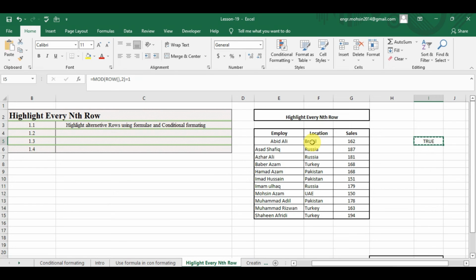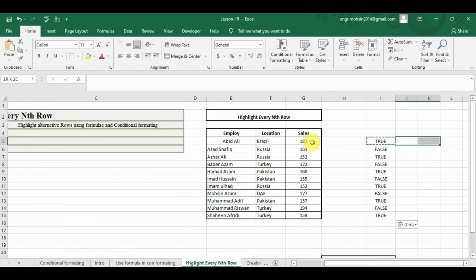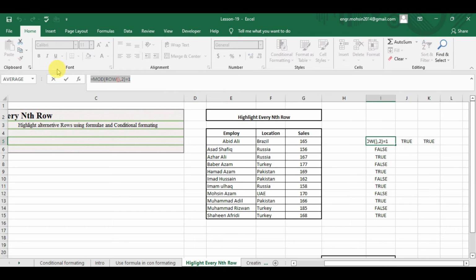So in this case it will give alternate true and false. So now we will copy this formula, Control C, escape. Now we will select all this,